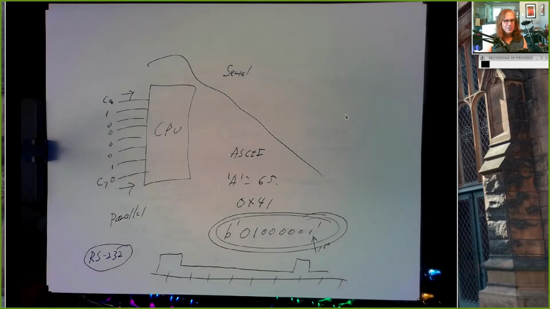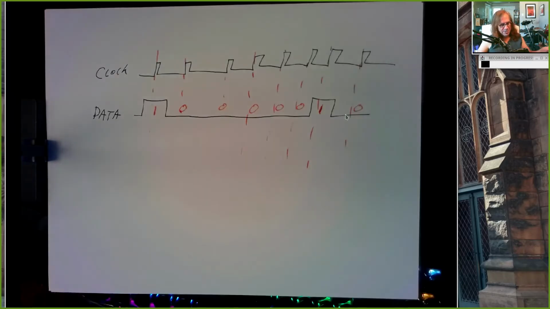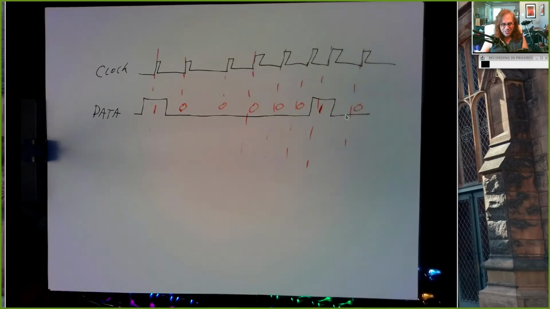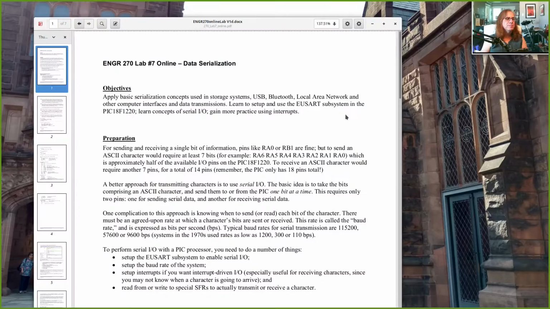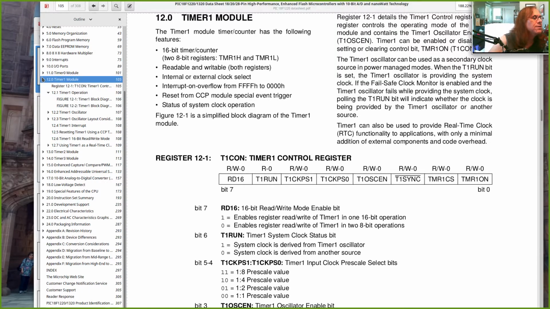And this is the protocol that was used on old modems. This was used on old terminals that you would hook up to a computer and so on and so forth. And the PIC processor will speak RS-232, or a version of it. So if you go into the data sheet, and I'm not going to delve into the data sheet too much, but if you go into the data sheet, there's a section